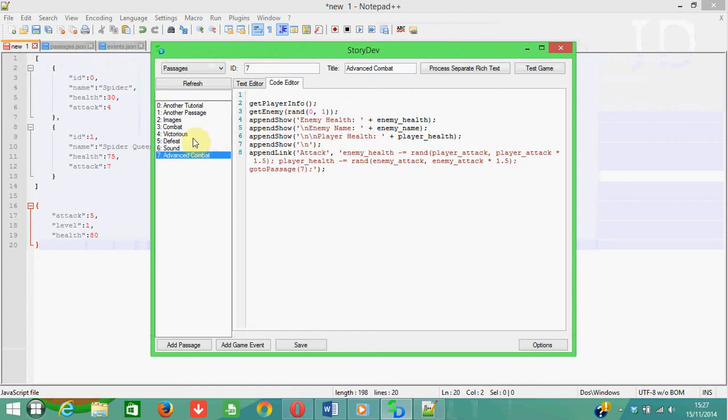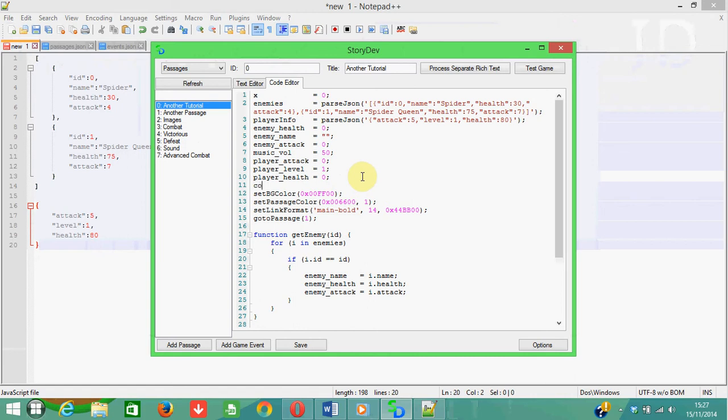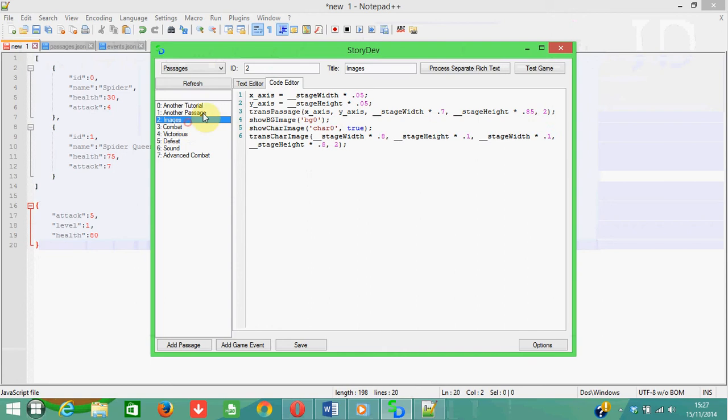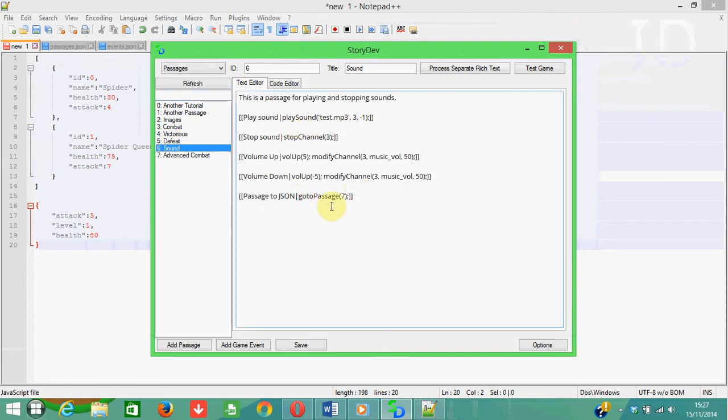So, okay. Firstly, what I'm going to do is go back here, and I'm going to put combat initiate and set that to false for the time being. I'm going to save that. When I go to this one here, what I'm going to do is set combat initiate equal to true, so that when we go to passage